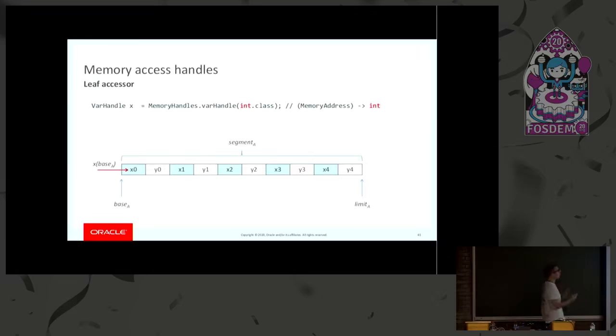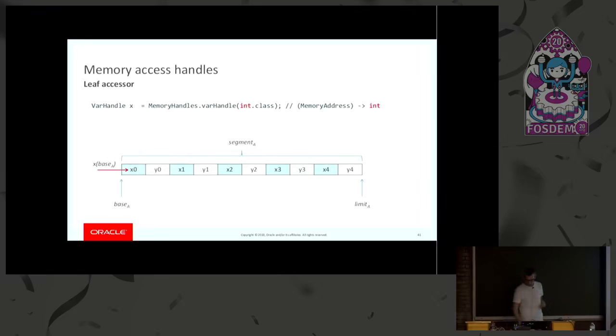So when you create a memory access variable, the first thing that you have to specify is a carrier type. So you have to tell the variable what is the Java type that you want to come out of, for example, a get operation. In this case, we want to read the value as int because the values are 4 bytes. So we are going to pass the int.class to the variable factory. And so we get a variable that, for example, if I give the base address of this segment, will give me back the value of the x0 coordinate.